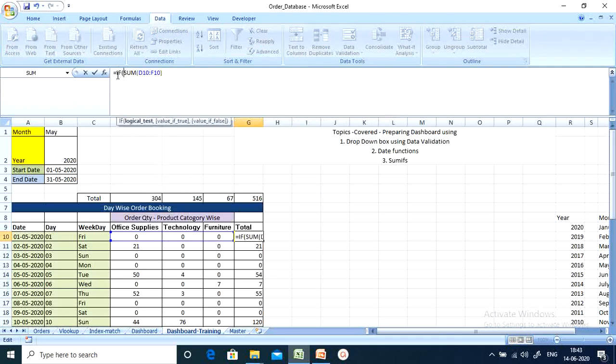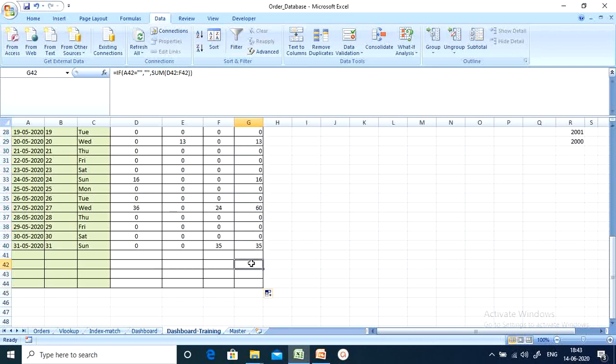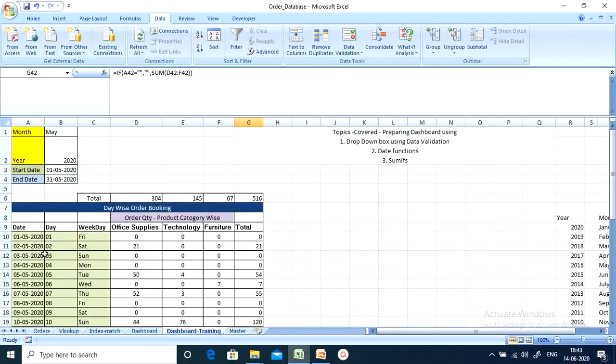If this equals blank, I want to display blank, or else sum. Okay, so I have applied the formula here.